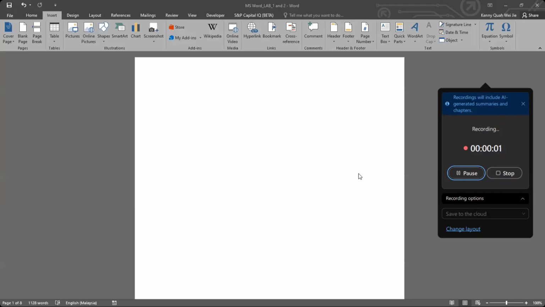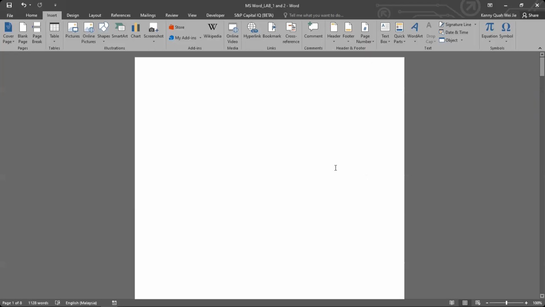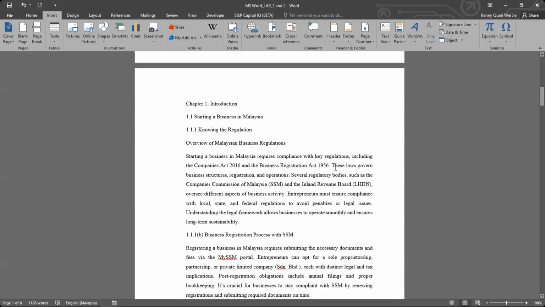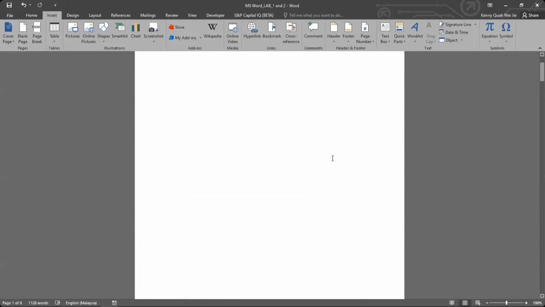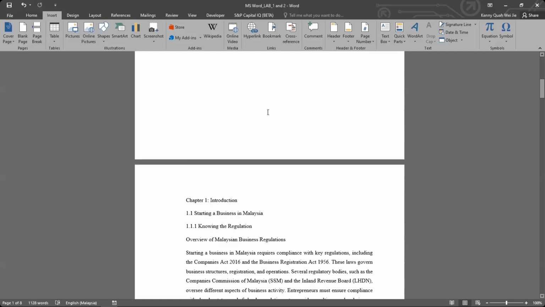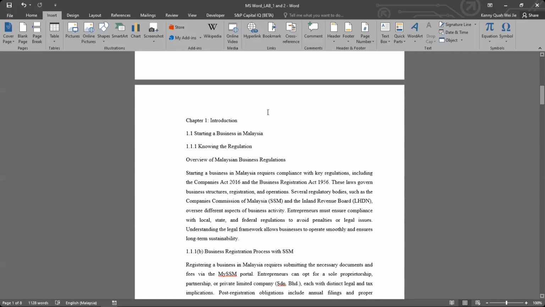All right. We are back from the first session. So in the second section, what I plan to do is actually to create the automated table content. But before doing that, we want to make sure that the table content is fully automated. So what I'm trying to say is that when we click on a new heading, we want to